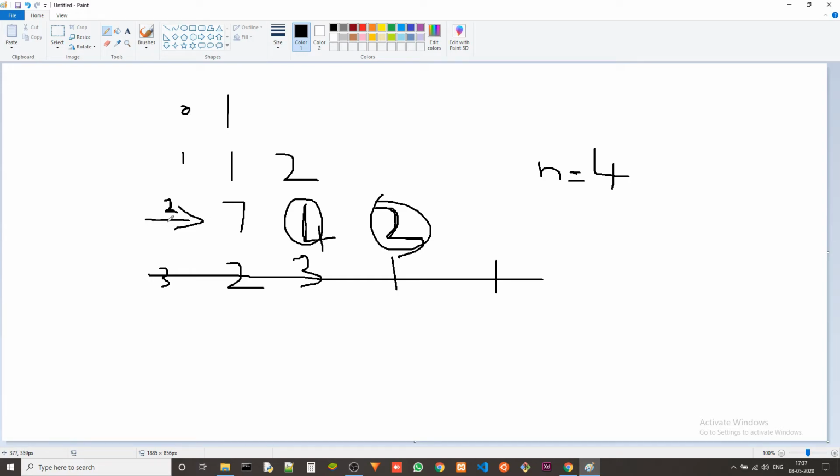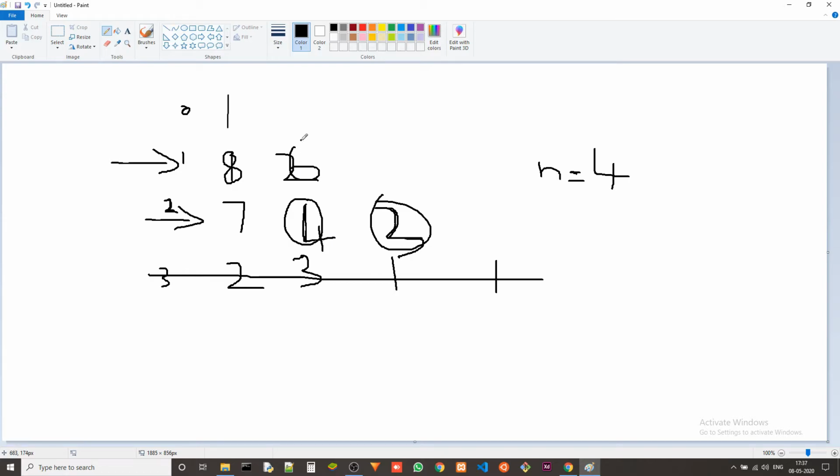Now we shift the pointer, like we are looking at this row, right? We start from n minus 2 and we go up till the 0th row. Now here we again choose what is the maximum of these two elements. We have 7 and 4, and the maximum is 7, so we choose 7. With 1 plus 7, it will become 8. And here with 2, you can either choose 4 or 3. You'll have to choose 4, right?